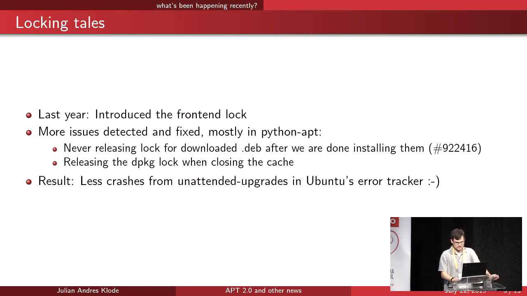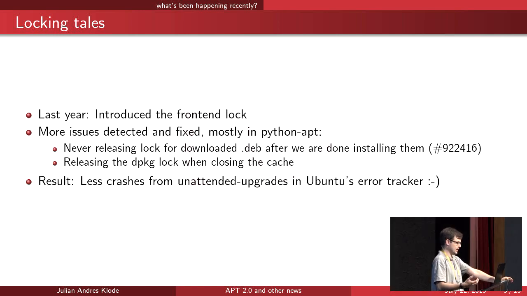And this was really breaking unattended upgrades, because it opens and closes the cache a lot of times. It calculates minimal upgrade sets because it wants to avoid having to wait a long time at shutdown. It calculates a minimal set it can execute in one transaction. And afterwards, it has to reopen the cache and rebuild it with the new updated dpkg status. Every time it did that, it basically got screwed by this bug because the lock was released when it shouldn't have been. Now that's fixed, we see a lot fewer crashes, and we're really happy about this.